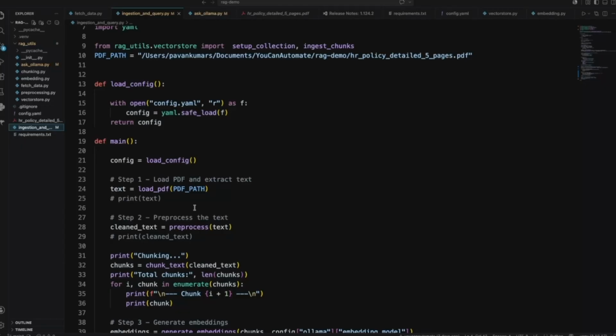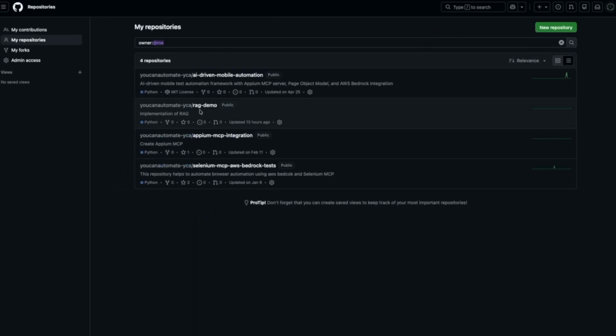That is what we call a chatbot, and the entire code is committed to a Git repo. rag-demo is the repository name. I'll provide the link in the description. You can clone that repo and try it out on your own